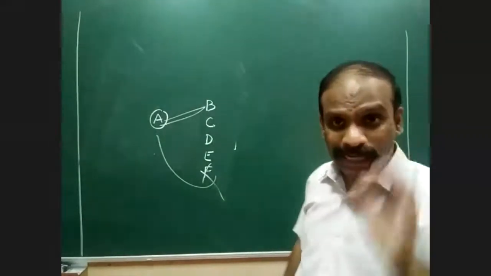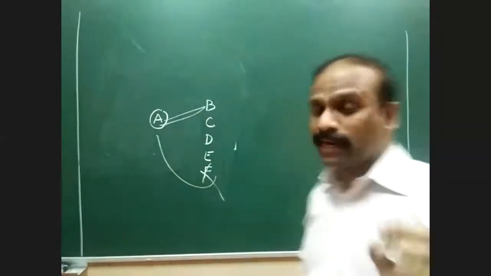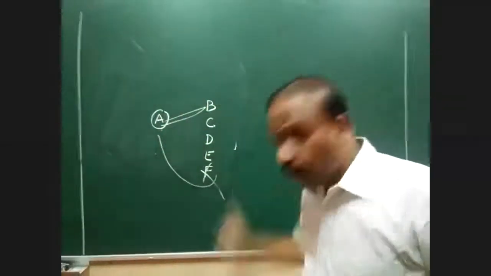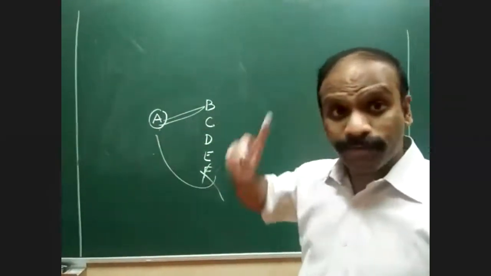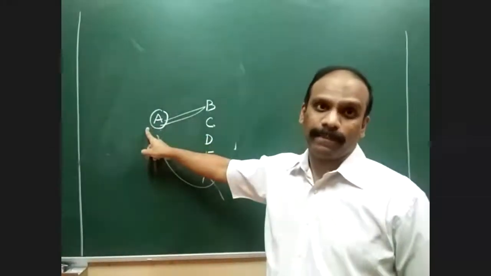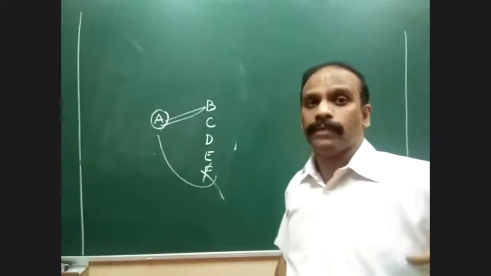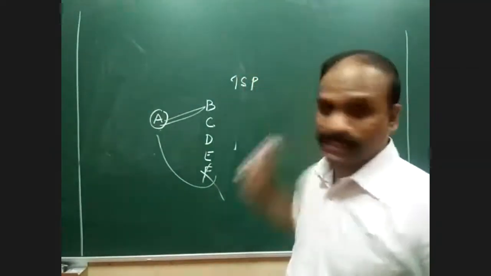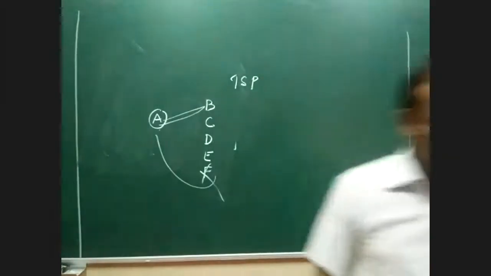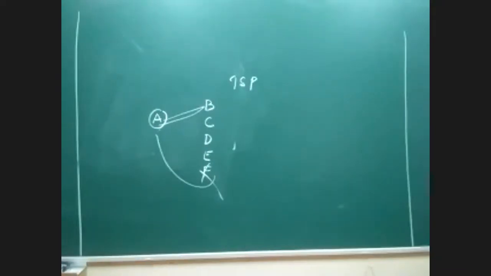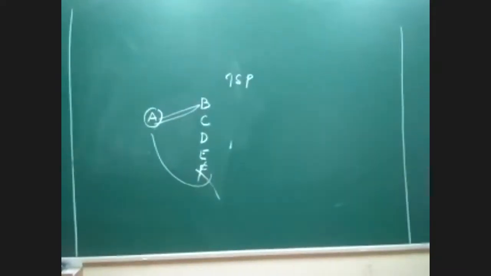Okay, the traveling salesman condition clearly suggests that the person should start the journey from the headquarters, visit all the clients, and only after visiting all the points of contact, he should come back to A. This is the logic or principle on which the traveling salesman problem is based. Have you all understood now? So the traveling salesman problem is also popularly known as the scheduling problem. What is the meaning of scheduling? You are trying to assign a route.